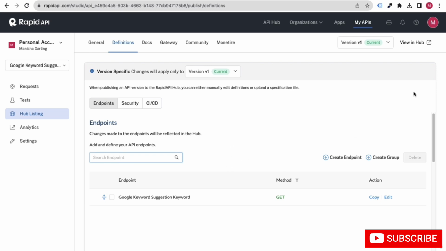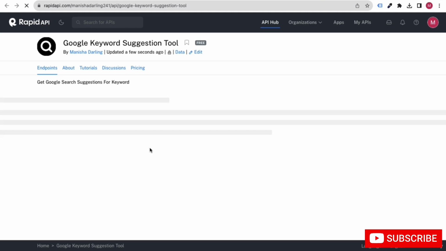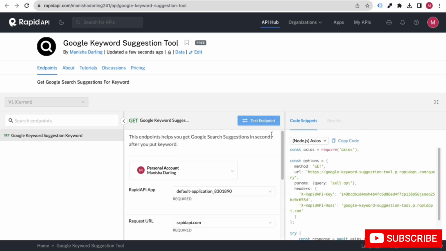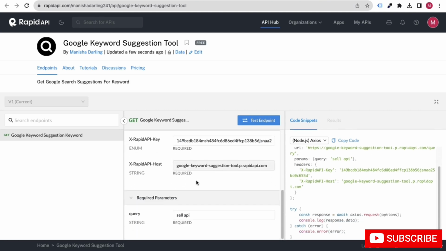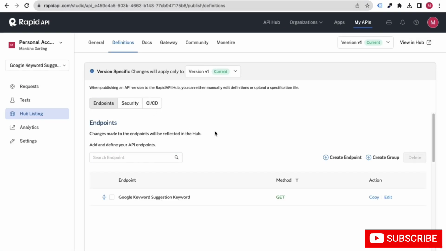Then my friends, you will see this view in the hub. Now your API will start to show here. Okay, you can just test the endpoints and everything. Let's wait for a few seconds. Okay, so you are getting these endpoints to test. People can put their query here, and they can test the endpoints, and here are your endpoints, okay, like that. So that's how it works, and you have successfully, my friends, created your API, or I can say published your API.